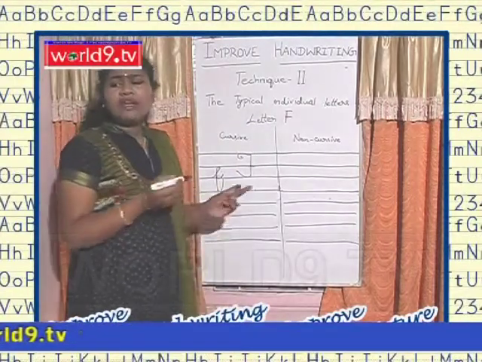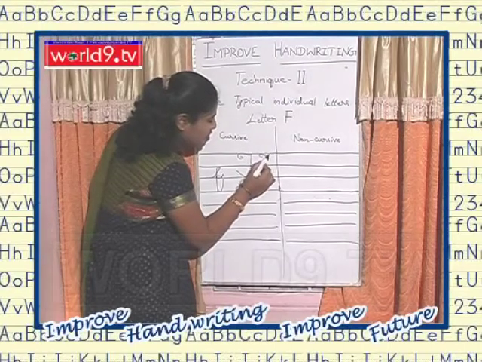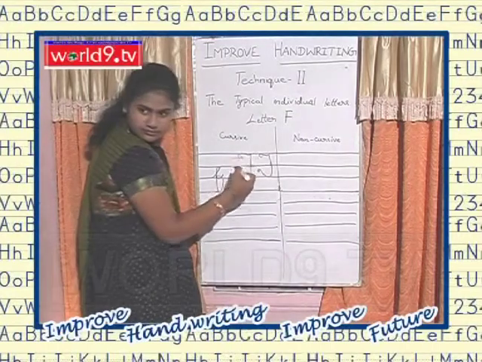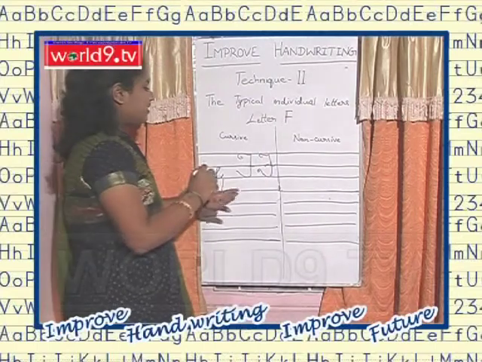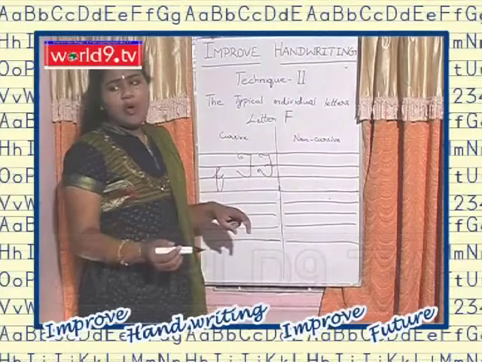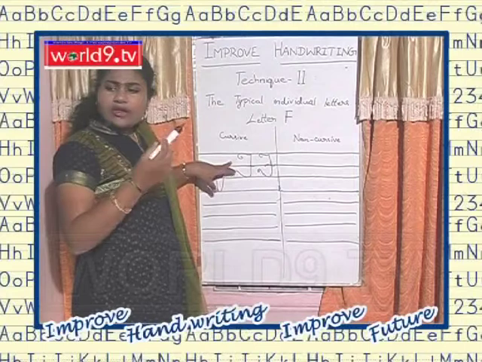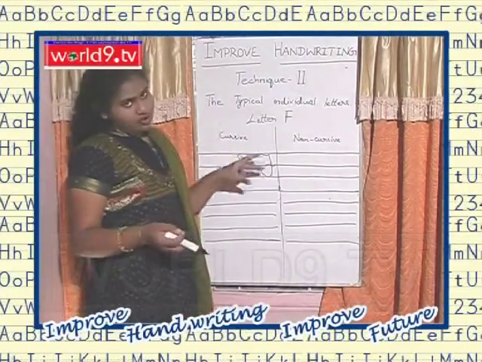In the middle of F we have a line, so we should keep it straight, like a minus symbol or sleeping line symbol. If you want to write very artistically, see another type I am showing, like this, and here you can keep a water wave-like structure in the middle. This is cursive capital F, small f and artistic full F. First of all, F is only artistic. If you want to write more artistically in greeting cards or anything, you can follow like this.